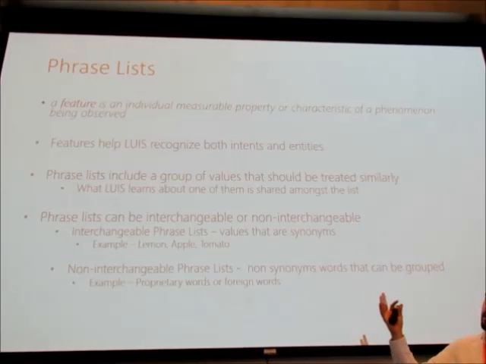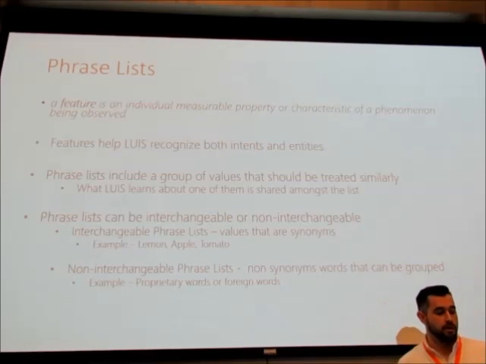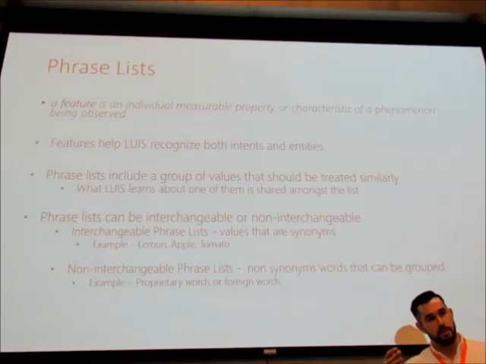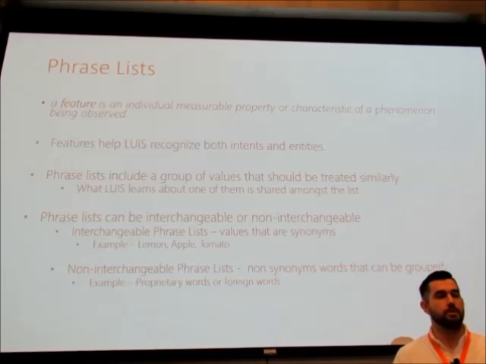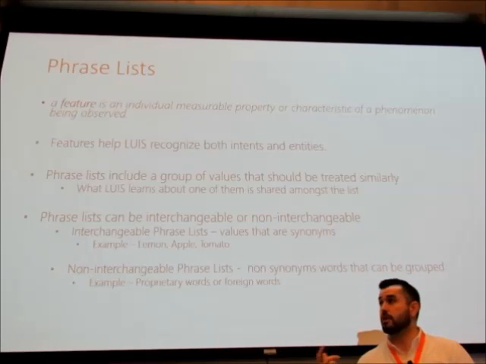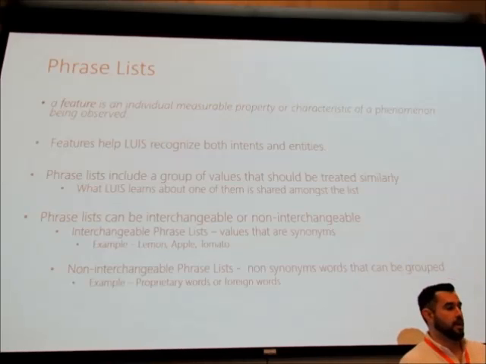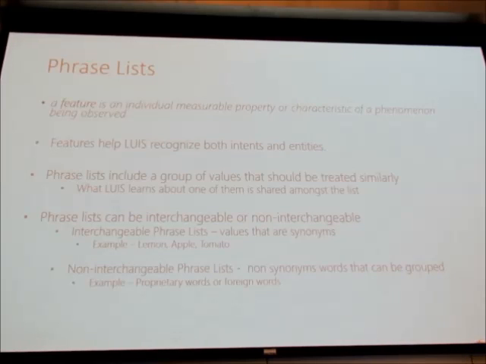So for example, names is a really good one. You could use an entity list, a hard-coded list, but you'll never find a complete list of names. But if you provide a phrase list, you can say, hey, these are names, there's something in common with all these pieces of text, and I want you to start learning it together. So when you learn about one, you learn about the other. Where they're placed in the sentence, are they close to verbs, or are pronouns being acted on them, whatever it is.